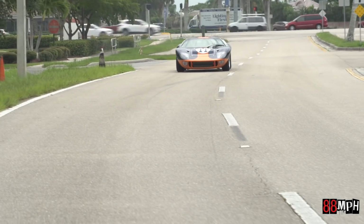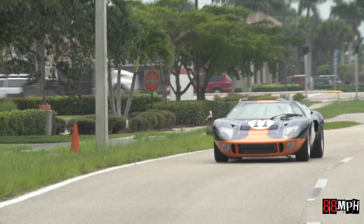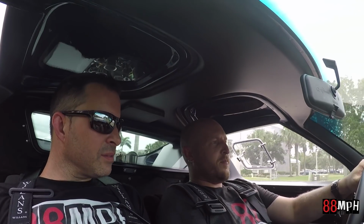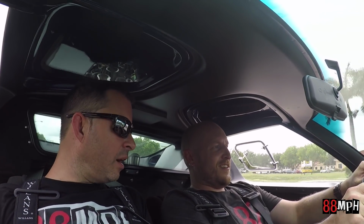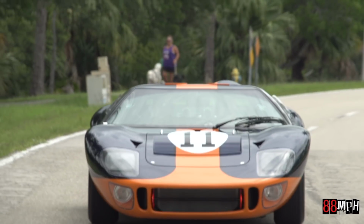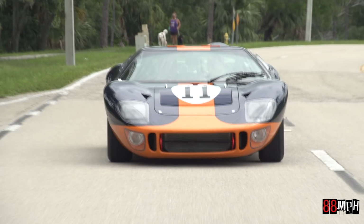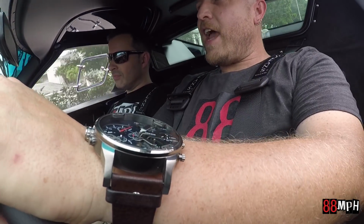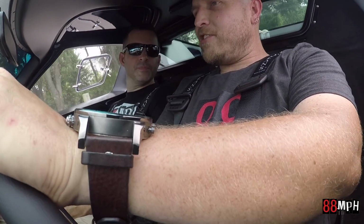This is a different car to drive, dude. It's pretty cool, but this is not something you want to drive around and really. No, but this is that classic car. It drives like an older car. It feels like an older car. You're right. It does give me that vibe. I don't feel like I'm in a new car at all. I mean, technology, sure, but as far as anything else, this is